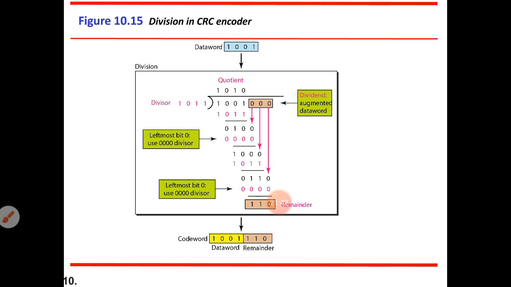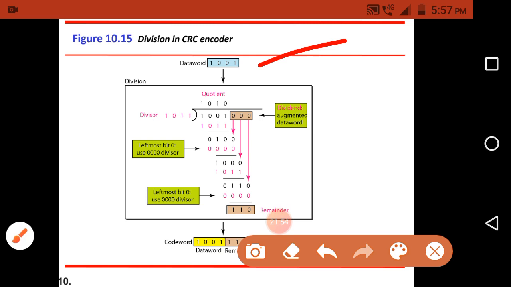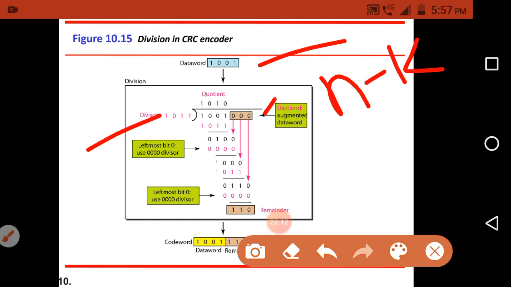So this is how we calculate the code word at the encoder side. For the division operation, first we need to select the data word. In the problem definition they will already give the data word and the divisor. Then how do we know how many zeros we need to append to the data word? That is n minus k, the size of the code word minus the size of the data word.